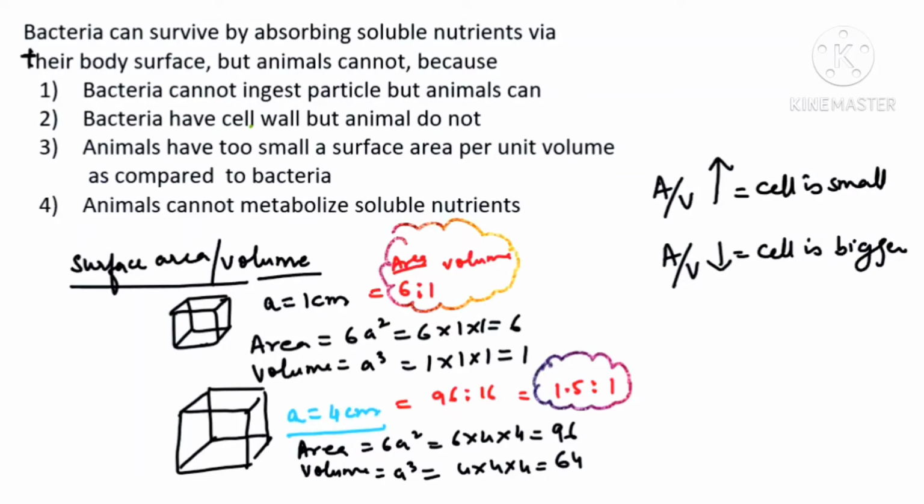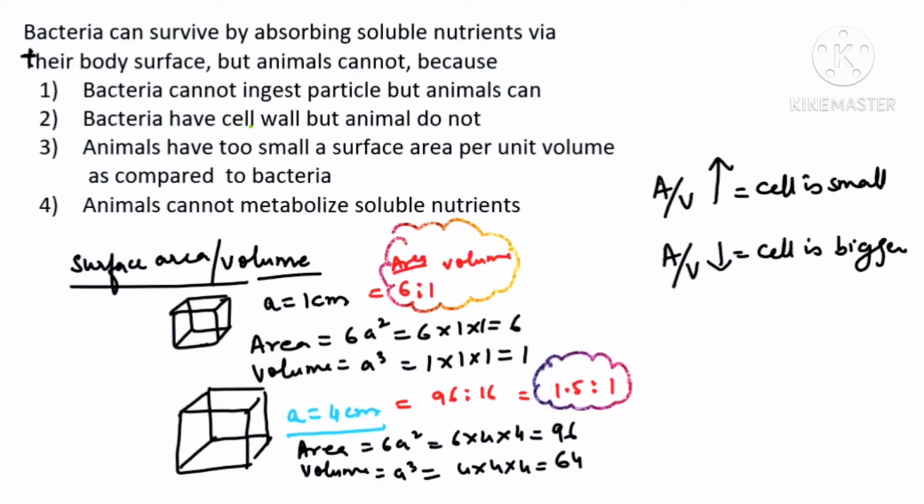So now by this concept, you have to solve it. If you remember, in the intestine, we increase the area by making villi. So we have to increase the surface area so that we can absorb the nutrient more readily. But in case of the animal cells, which are actually big in size, their area to volume ratio is small. Understood? The area to volume ratio is small because the cell is big in size.